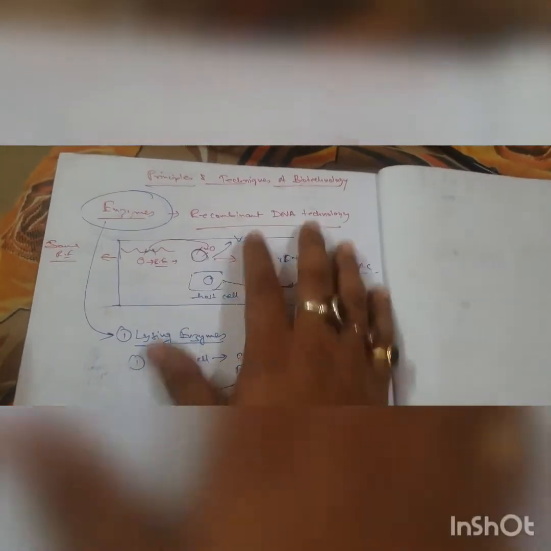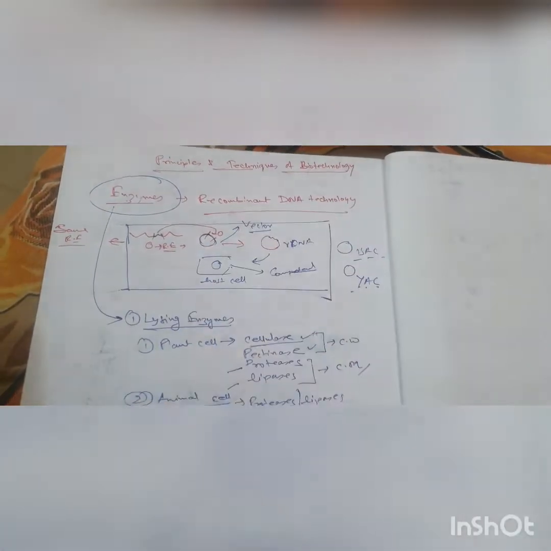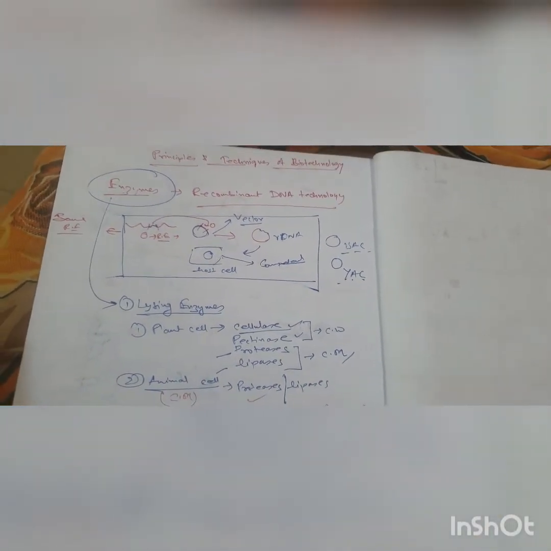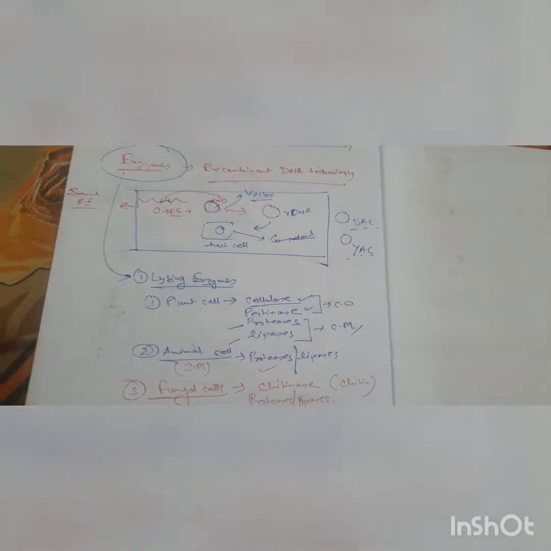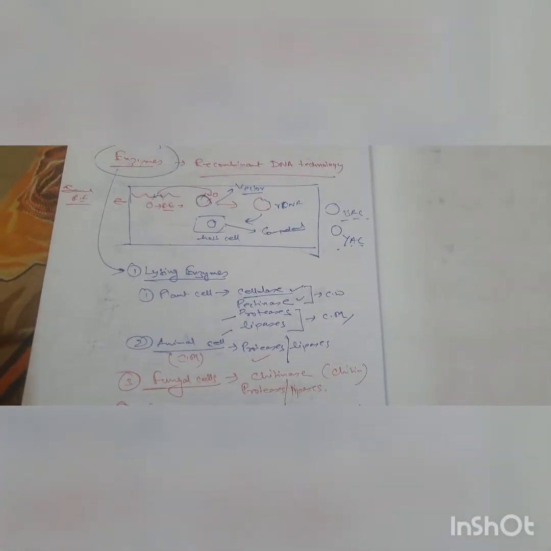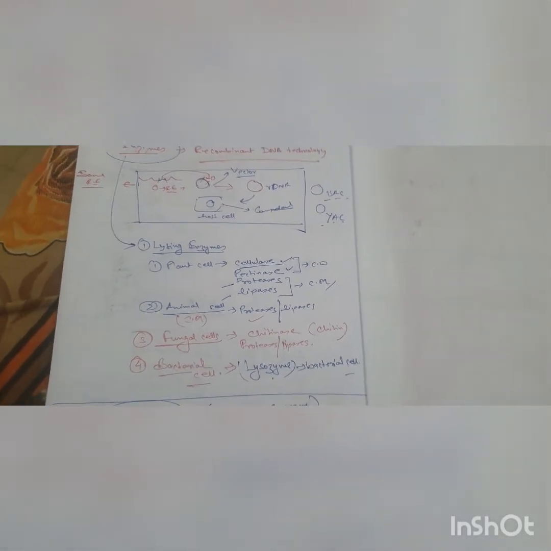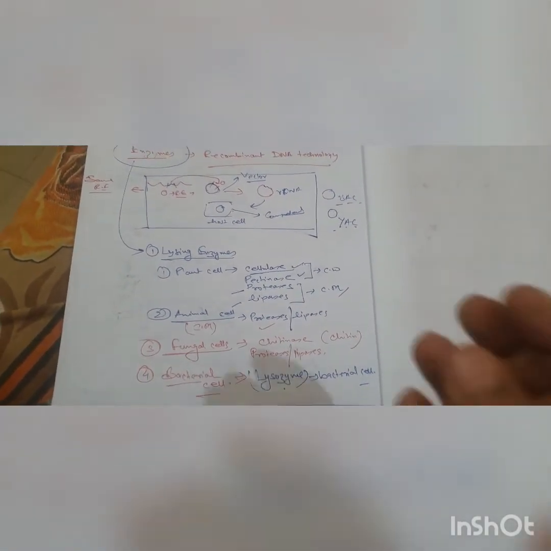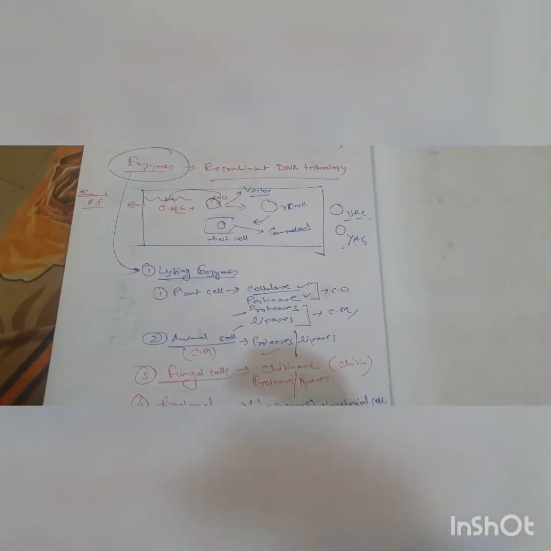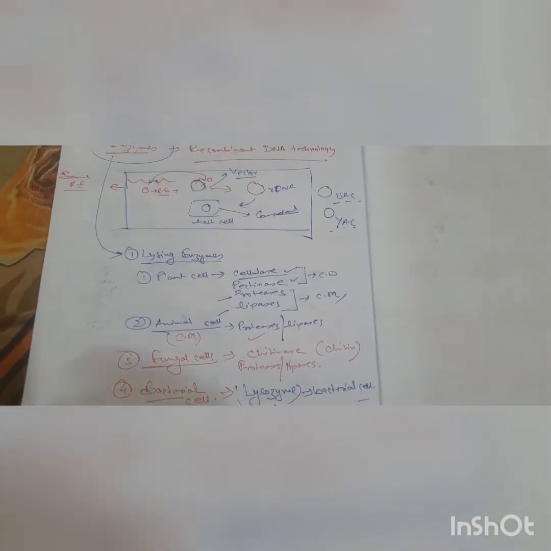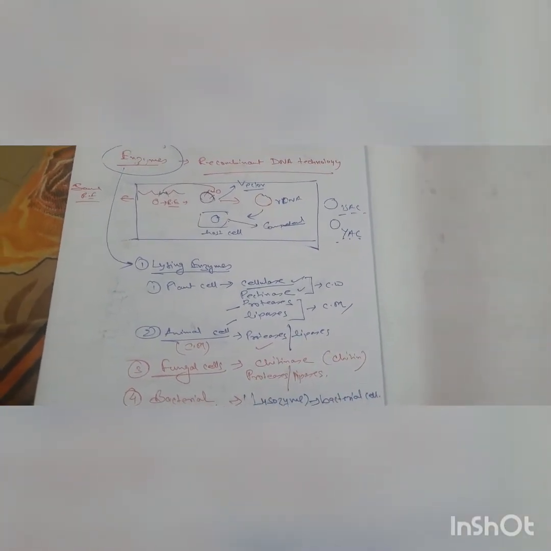Today we are doing the principles and techniques of biotechnology and recombinant DNA technology. You have learned, I have given you 2-3 classes where I have revised on and on what biotechnology is. Everything you will find in your previous video. In your last video, the basics of biotechnology, the creation of recombinant DNA, vector, target gene, and how they are put inside, what is their utility, everything was told to you.